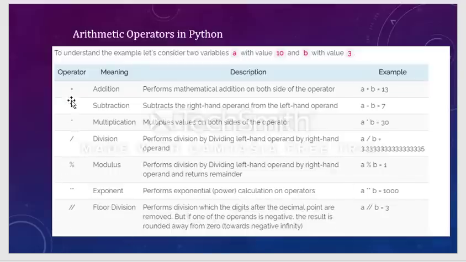The remaining operators are the same as in other languages. Double star is an exponent operator which performs power calculations, and double slash is a floor division operator which rounds off the value to its floor.